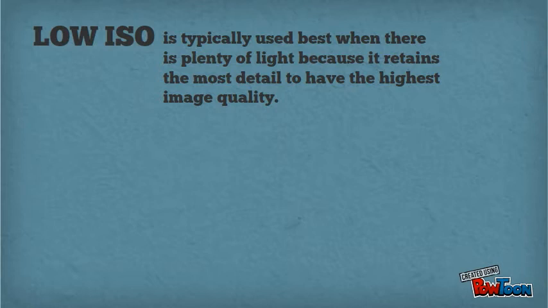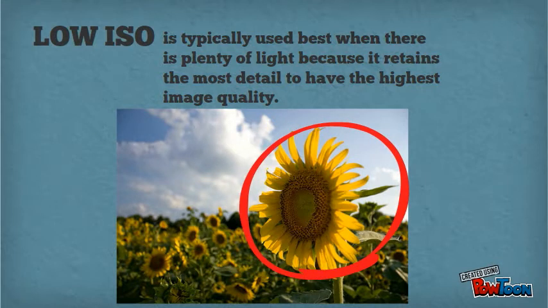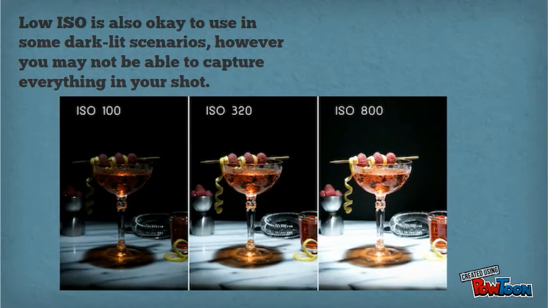Low ISO is typically used best when there is plenty of light, because it retains the most detail to have the highest image quality. In this picture, because it is bright out, low ISO was used to capture the detail of the sunflower. Low ISO is also okay to use in some dark-lit scenarios. However, you may not be able to capture everything in your shot. In this picture, the low ISO picture is much darker than the high ISO picture, but it still retained minor